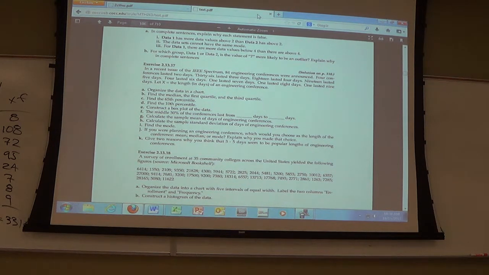Has anybody ever been to one of these conferences? Not an engineering conference, but a conference, like a student conference? When do they usually start? Fridays or Thursdays, and they'll go to Saturday or Sunday. Because that way you pick up some of the weekend, so you make travel a little bit easier, at least on one end. The math ones always start on Thursday, and will stay until Sunday.